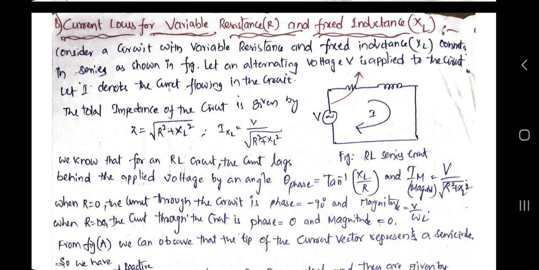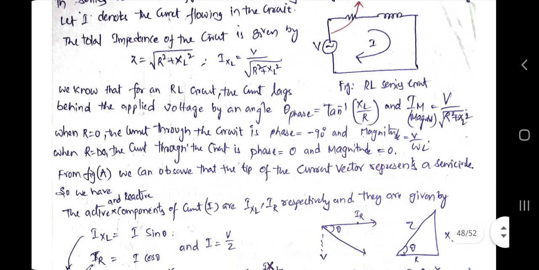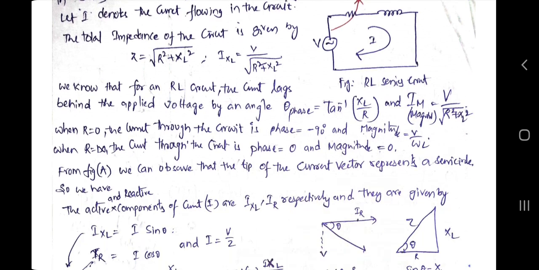Right, XL is nothing but omega L. So V by omega L. If R tends to infinity, then the phase angle of the current through the circuit is 0, and the magnitude also comes to 0. Therefore this is the variation of the values of phase and magnitude with respect to the R values. Once R tends to 0 or tends to infinity, the values will vary automatically with fixed inductance. So from figure A, we can observe